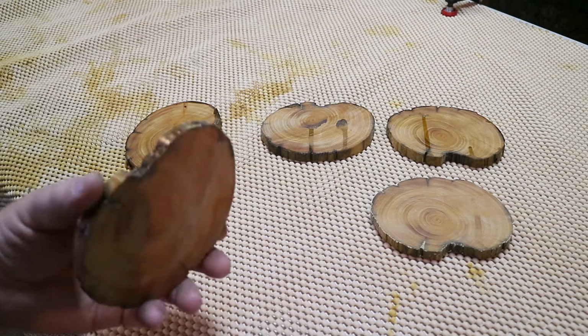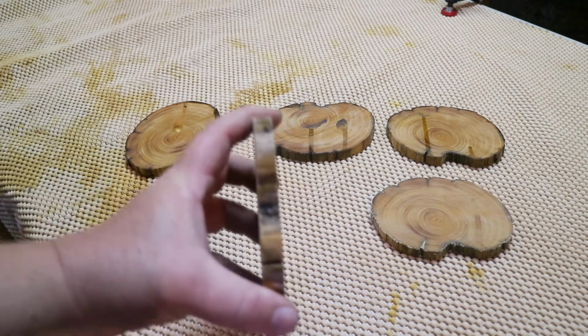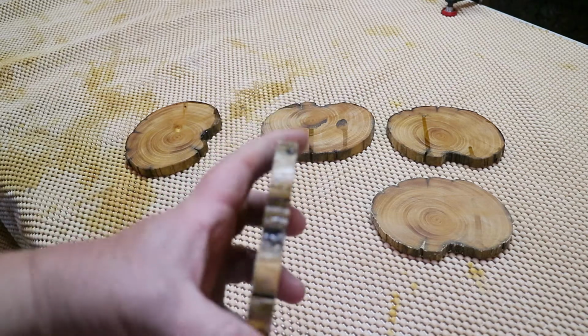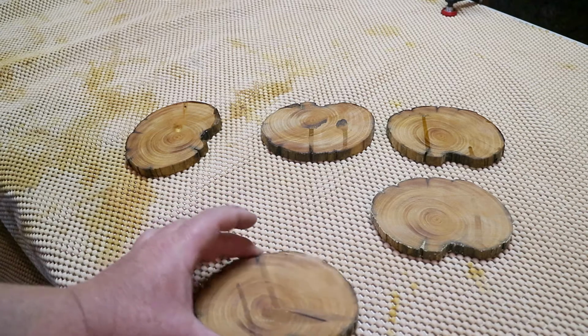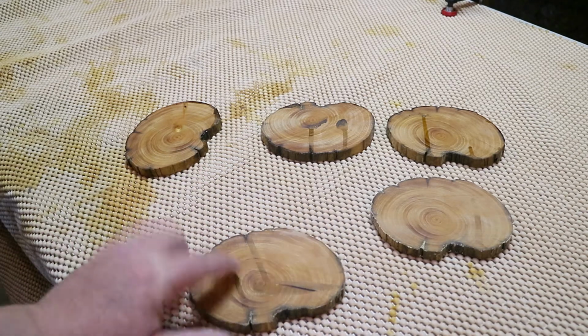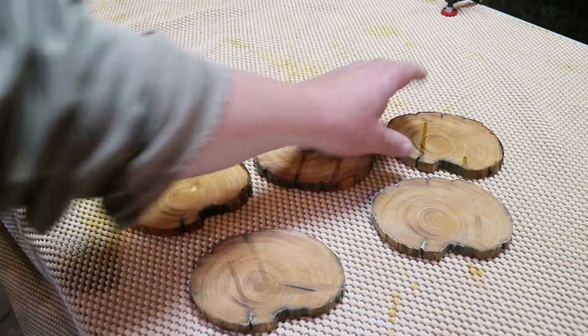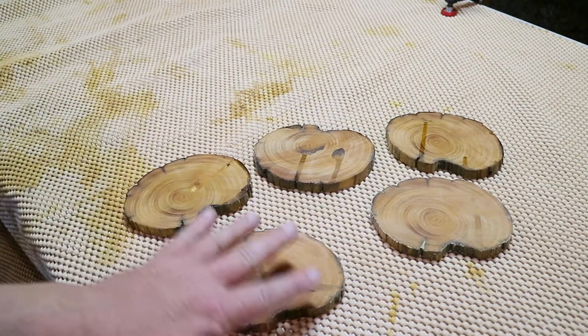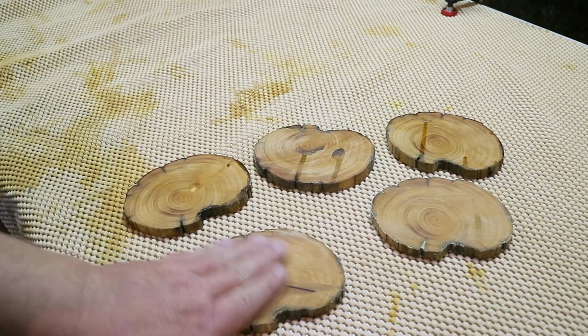What I did do earlier was to seal. I don't know if the camera's picking it up, but I did seal the edges here with varnish. Unfortunately, in spacing them up vertically, I got some drips. I'm gonna go through the process and get these down to a nice polish, but I first need to sand these